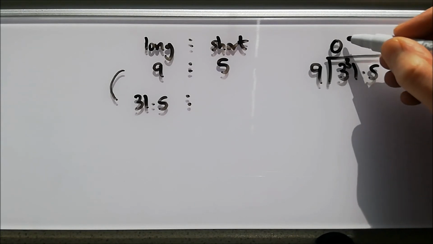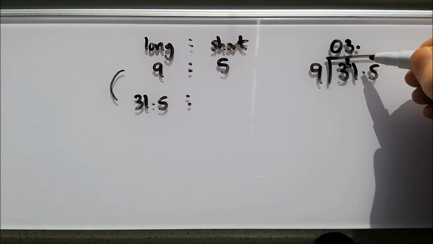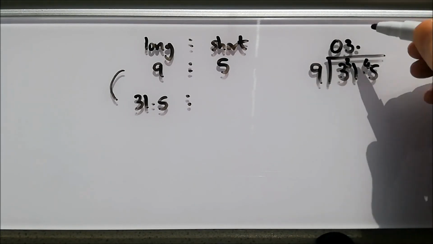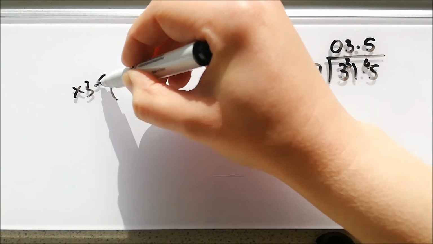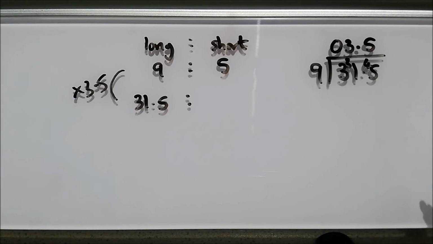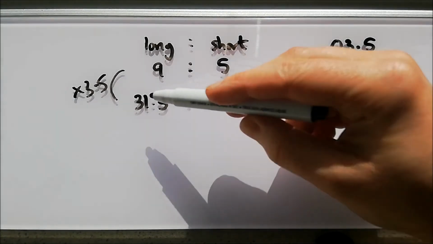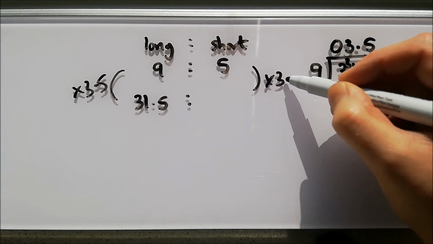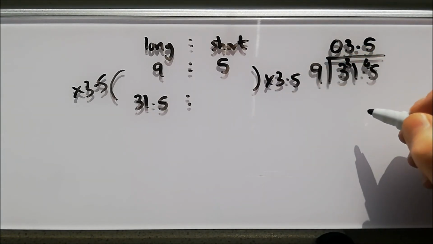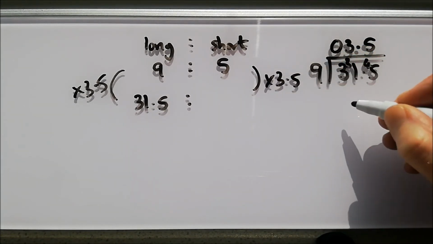9s into 31 goes 3 times, remainder 4, and 9s into 45 go 5 times. So we're timesing by 3.5. On a calculator paper, you could just put 31.5 divided by 9. That means I've got to times by 3.5 there. So on a non-calculator paper, I'd be doing